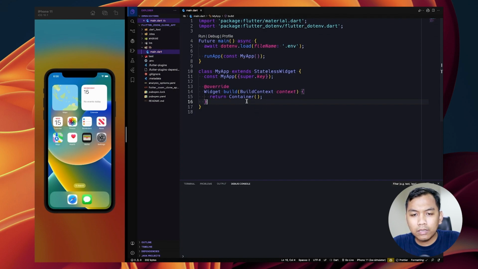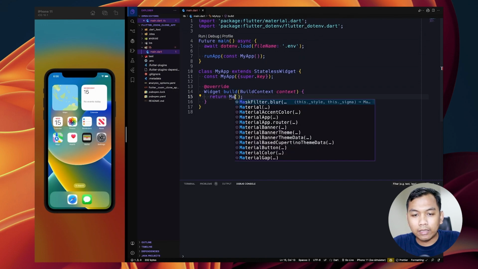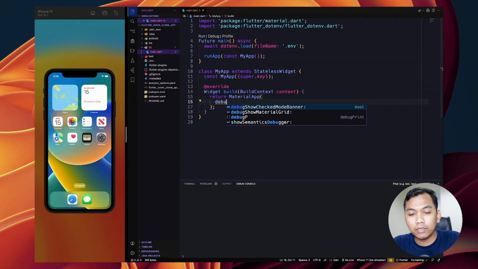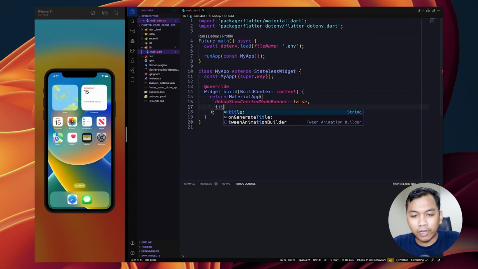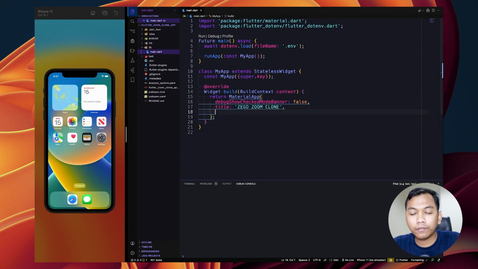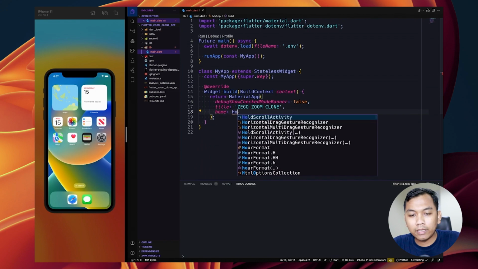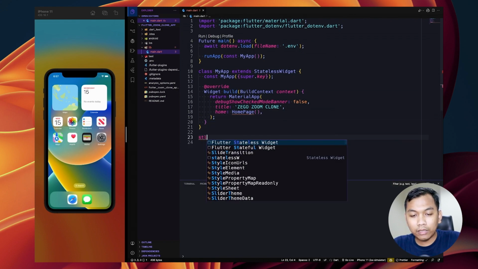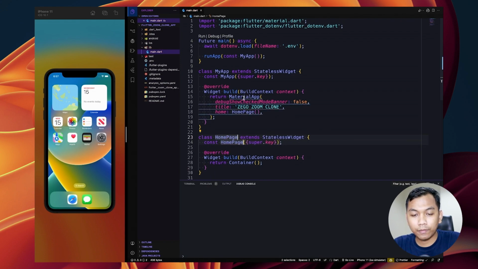Our MyApp will return MaterialApp, and MaterialApp will have properties such as home and title. The first thing, we need to remove the debug banner and give a title. So let's say ZEGOCLOUD Zoom Clone. And for the home, let's set it to HomePage. Next, we need to create a new stateless widget named HomePage.